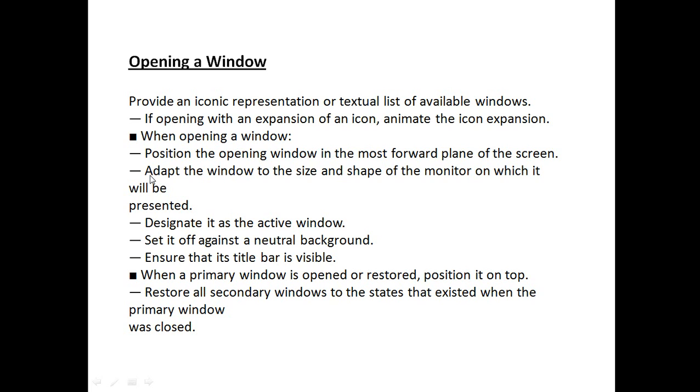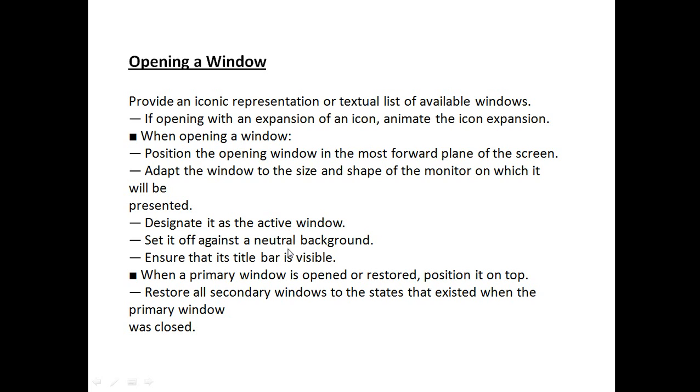The next one is to adapt the window to the size and the shape of the monitor on which it will be presented. We need to make the newly opened window the active one, to differentiate between the newly opened window and the inactive ones.